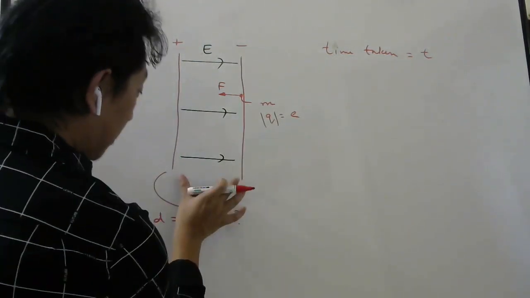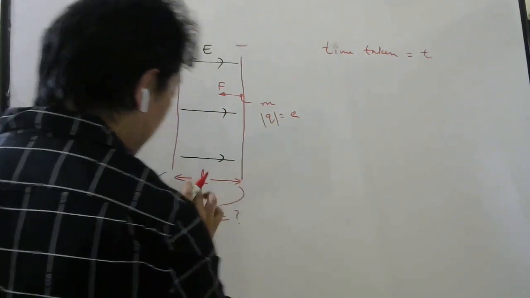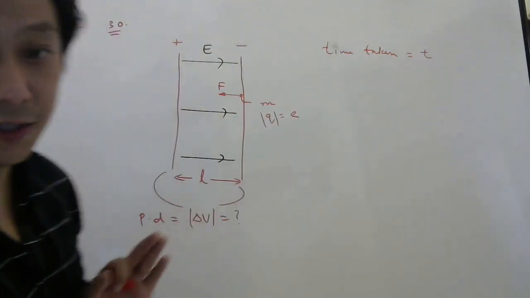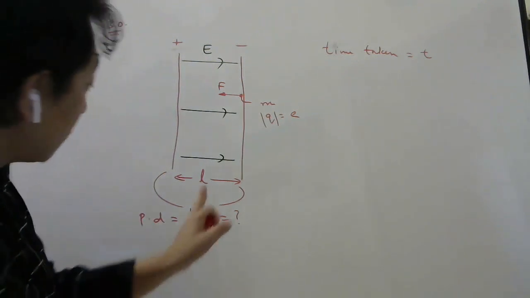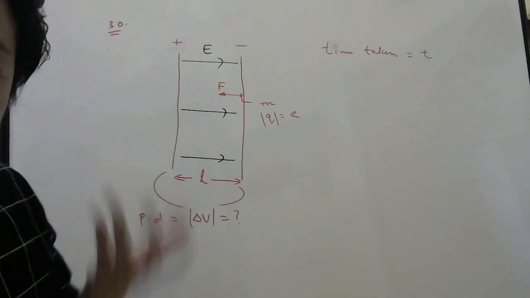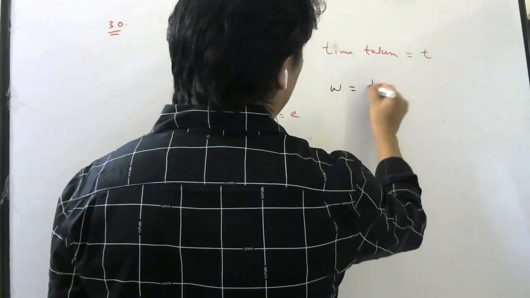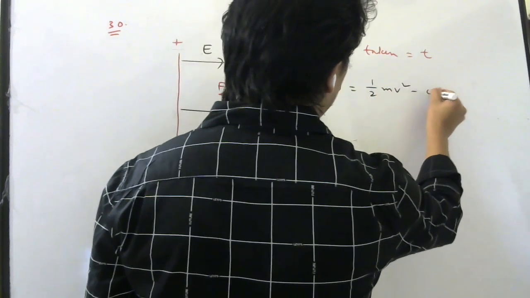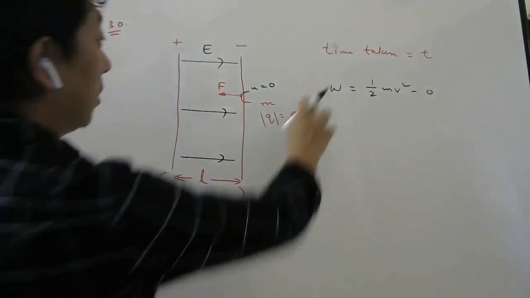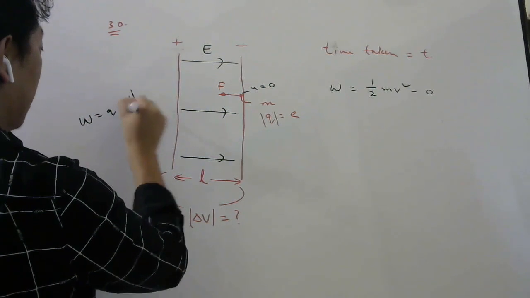So we have to write this potential difference in terms of time taken and in terms of this distance, which they have written L, not D. These are the given quantities. Time taken, mass and charge, and this length are mentioned. So how do we find the potential difference? Same kind of trick we will apply. Work done should be equal to change in kinetic energy. So half mv square minus 0, because it was released, so initial velocity will be 0. And work done in terms of potential difference, how can you write? Q into delta V, right? We have done this already.